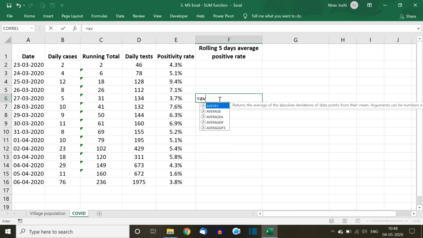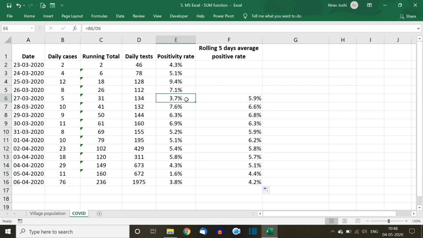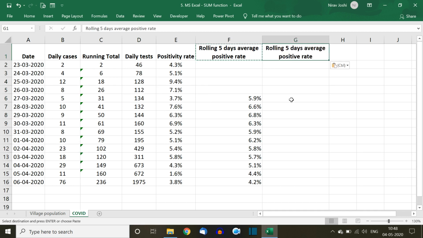Suppose I take simple average of this, it will be calculated like this. But technically it is wrong, because we are taking just average of this positivity rate. We are not considering here that the number of daily cases and number of daily tests is changing on a daily basis. So for that we need to have a different formula that is based on sum function.